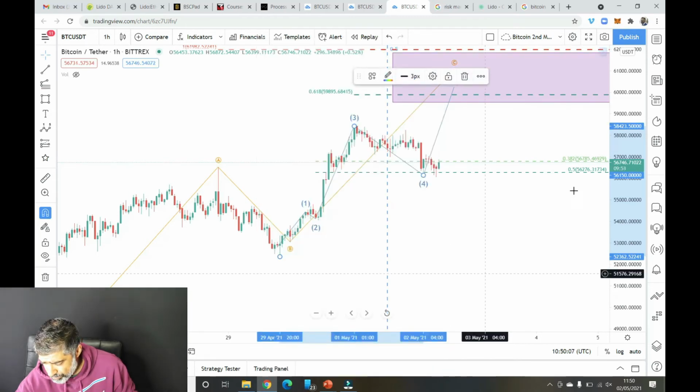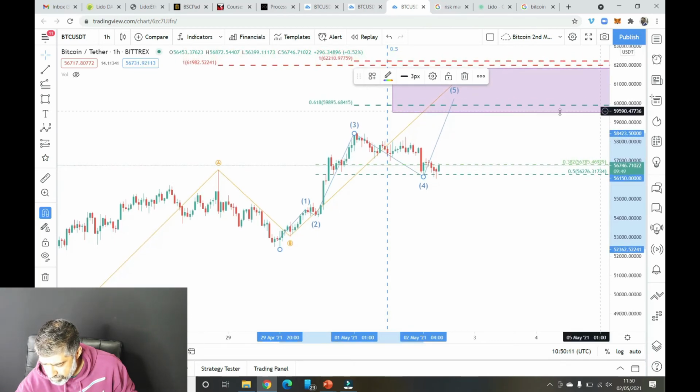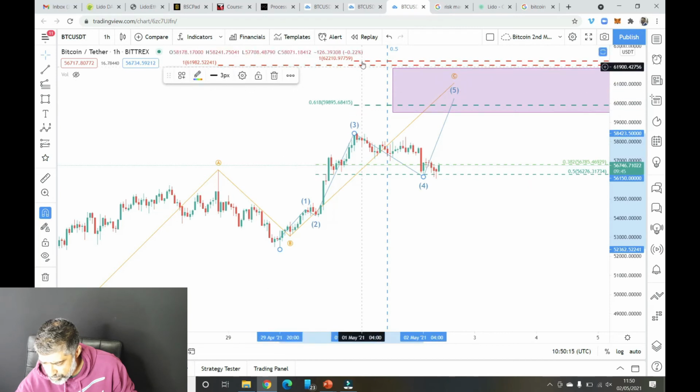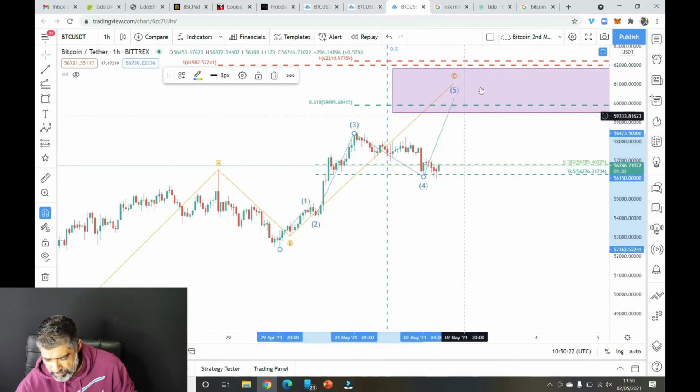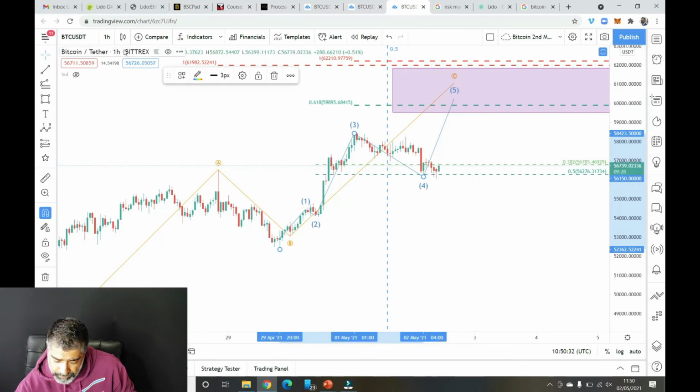So now we have this really tight zone, which is of multiple degrees. We got this zone, we got this time zone. So now we can be fairly confident that Bitcoin may reach a high around this $60,000 range. And then if it does, once it unfolds, it'll become clearer because we can break down the wave 5. And then we can zoom back out